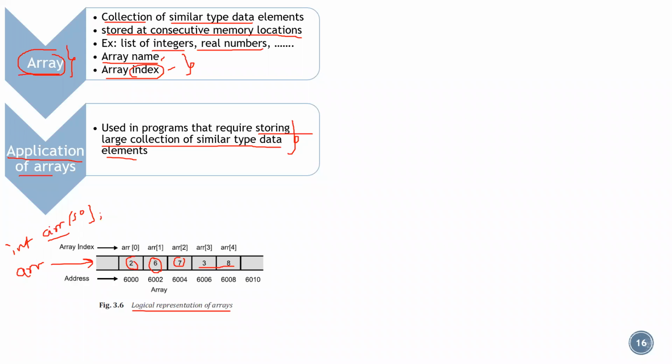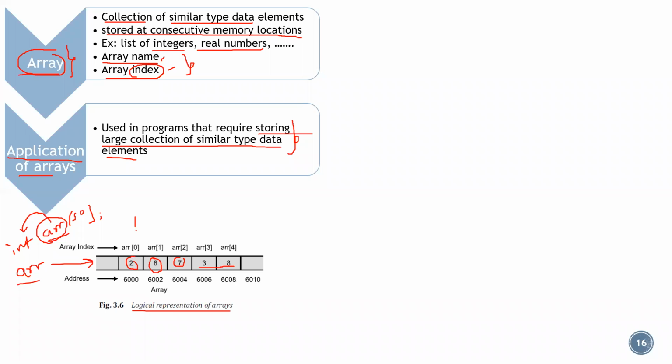What is this telling? ARR is a variable of the type array which can store up to 50 elements of integer data type. So here ARR is the name. In this case, the first element is 2, the next element is 6, and so on.